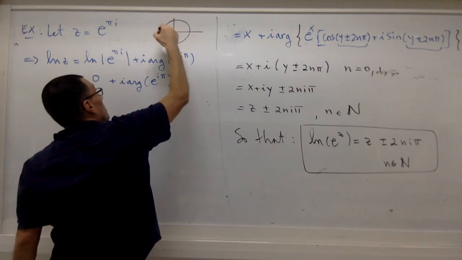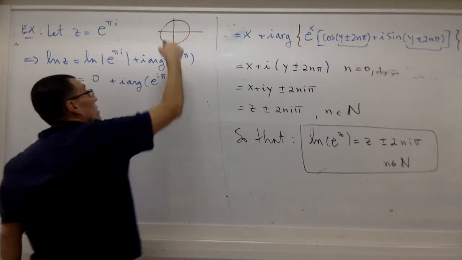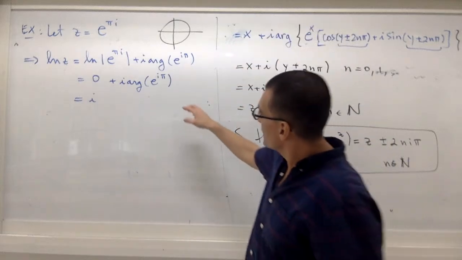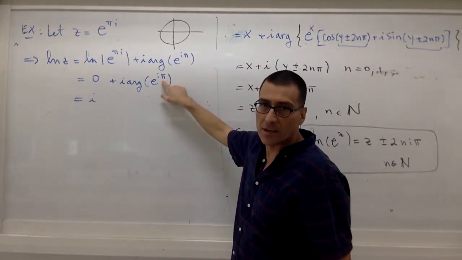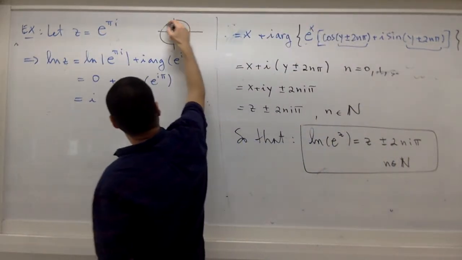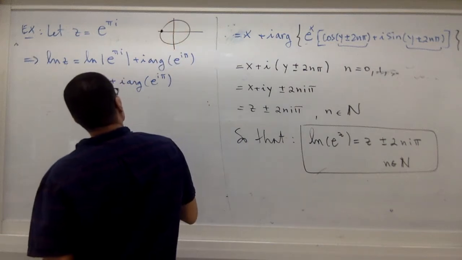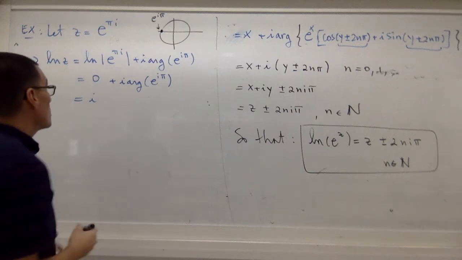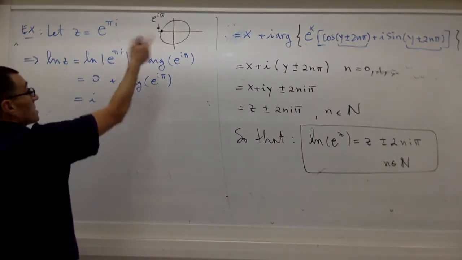The question is, where is it? Well, the angle theta here is pi. So this number is located down there. This is the number e to the I pi. Thus, what's the argument? Well, the argument is clearly